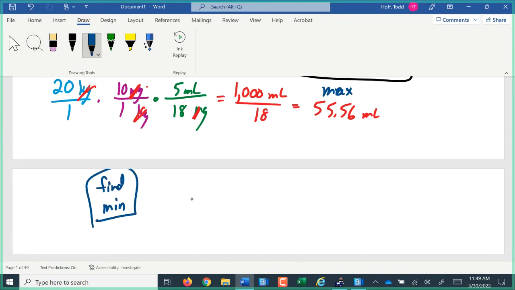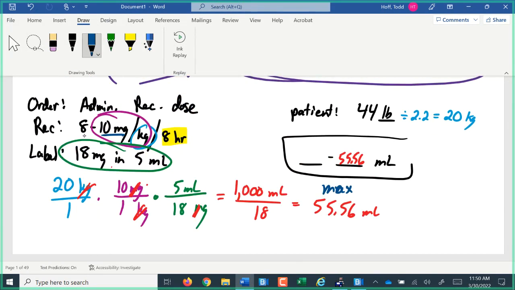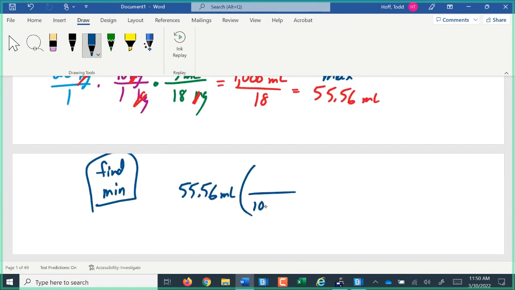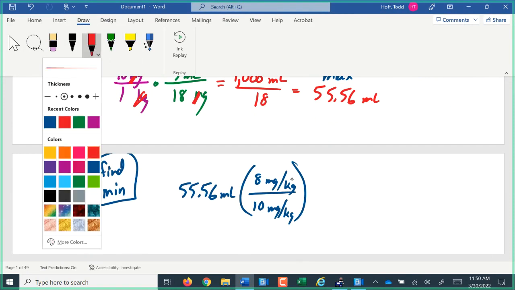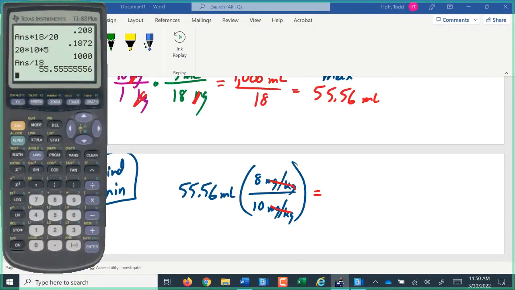We're going to start out with that max dose of 55.56 milliliters. And we're going to multiply by that titration again. We used the 10 milligrams per kilogram, and we're going to convert it to 8 milligrams per kilogram. 10 milligrams per kilogram goes on bottom. Converting it to 8 milligrams per kilogram goes on top. Kilograms per kilogram cancel out. Now I'm just going to leave my 55.5555 in the calculator times 8 divided by 10, giving me